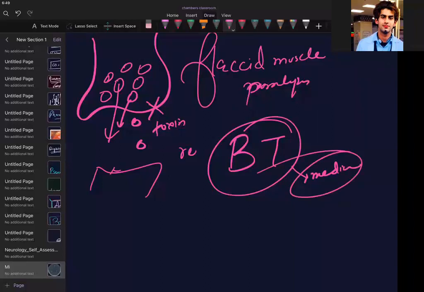If I have a patient who is already having spasm, I should have everyone's answer yes or no. So if a person is having spasm, that means I want to relieve that spasm. So I won't allow the acetylcholine to come at the junction. That means I will prevent the release of acetylcholine at the junction. That means I will be inhibiting the release of acetylcholine at the neuromuscular junction. That means I will be giving BT toxin, hence treating strabismus, blepharospasm, and myoclonus. So what three things you remember?